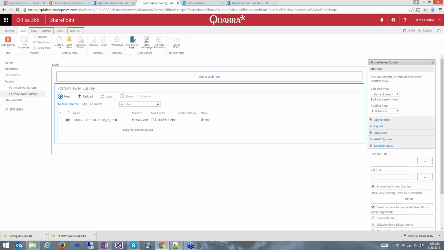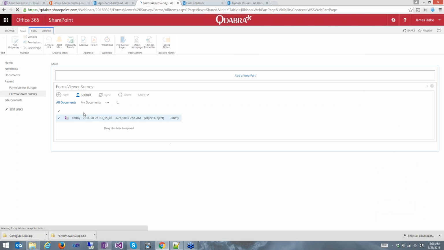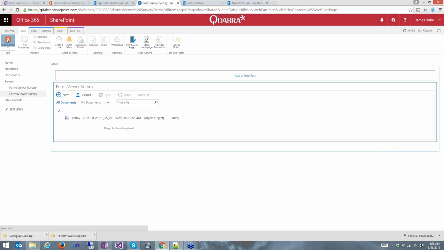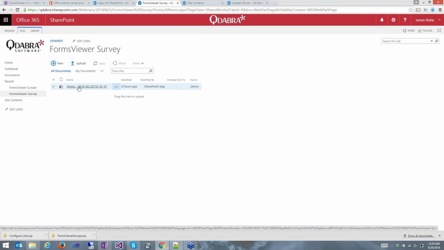Alright, and what happened here was I forgot to include the site assets library in my URL. So, tilde site slash site assets slash file name. Okay. And I'm going to stop editing. Alright, so now we've got it right this time. And when I hover over the name of the document, we can see in the status bar at the bottom of the window that the URL is pointing to